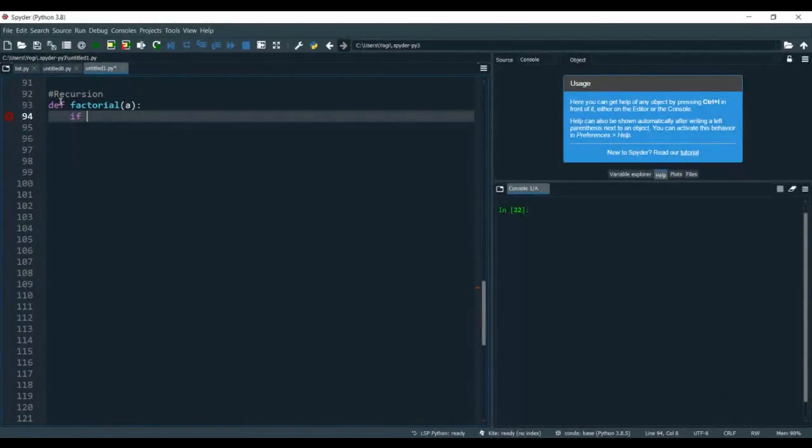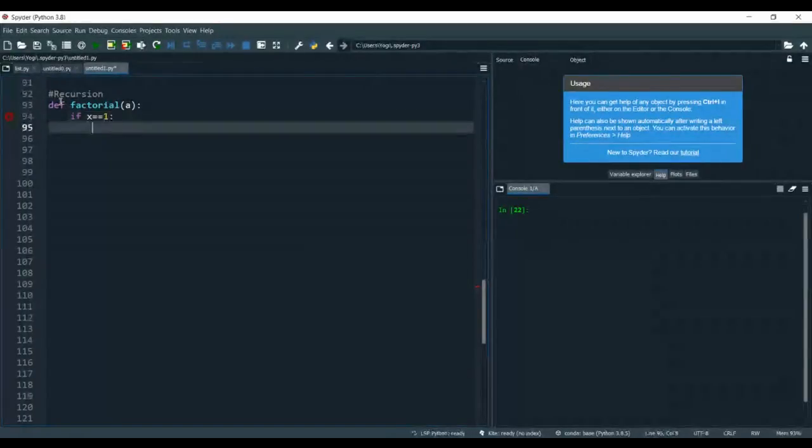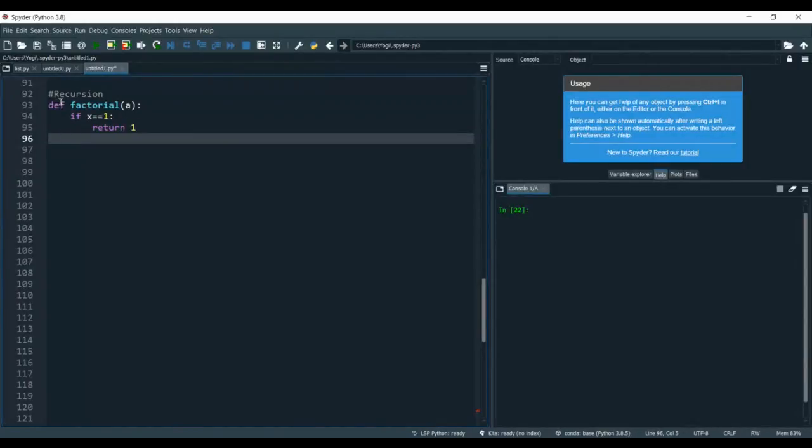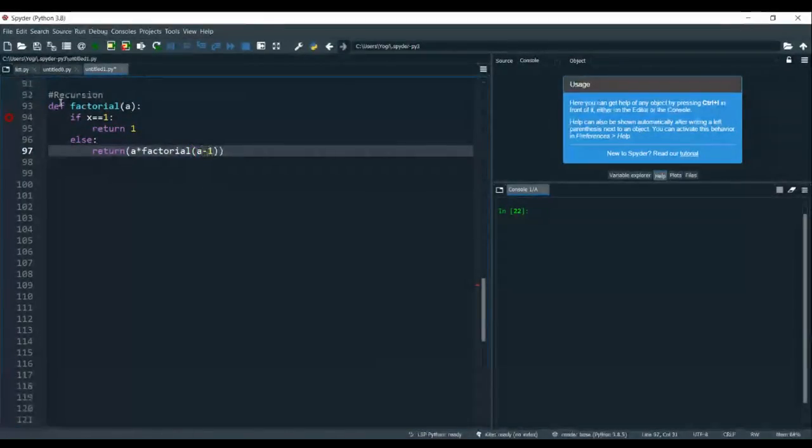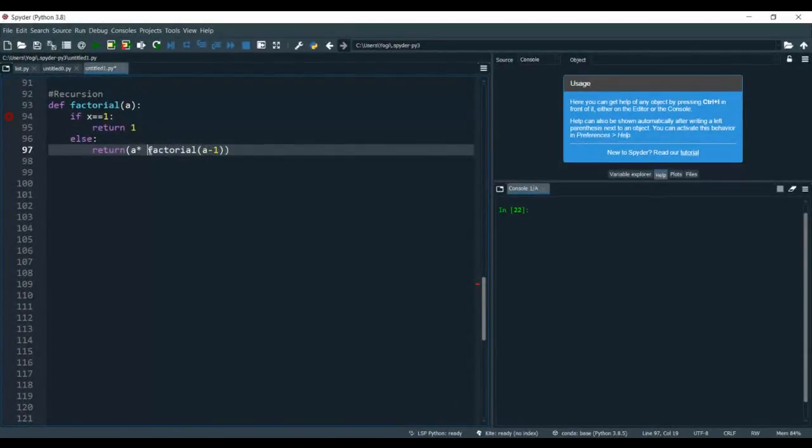So I'll put the condition: if x is equal to 1, it will return 1. Otherwise return x into factorial of x minus 1. So here I am calling this function again and again with the decremented value.